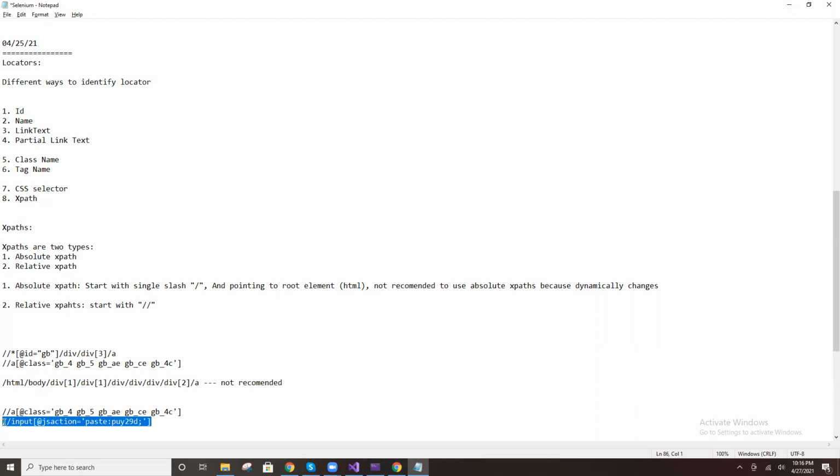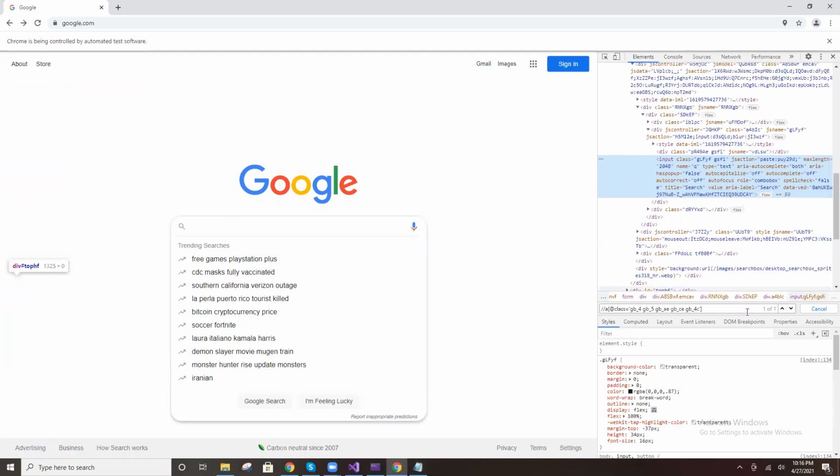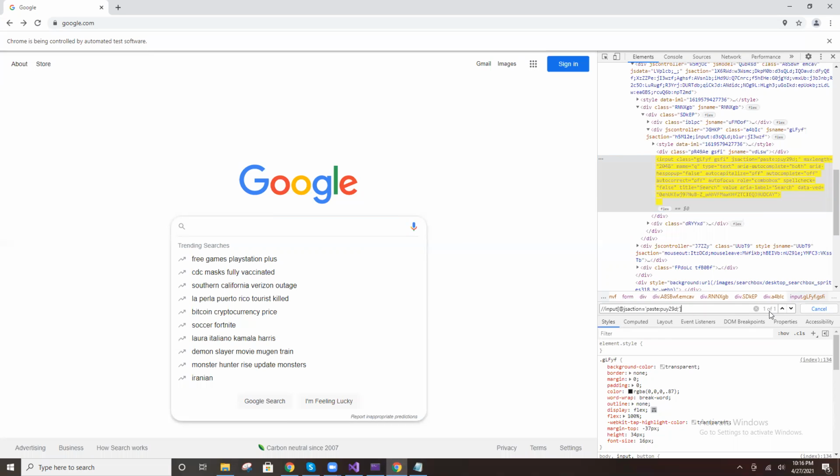Check this one. Control C, Control F. See, 1 of 1. This will work out.